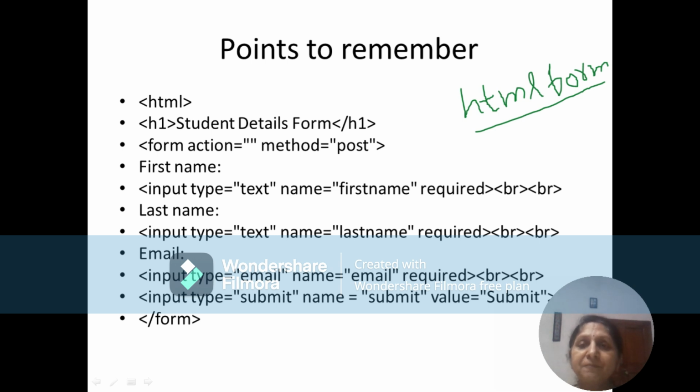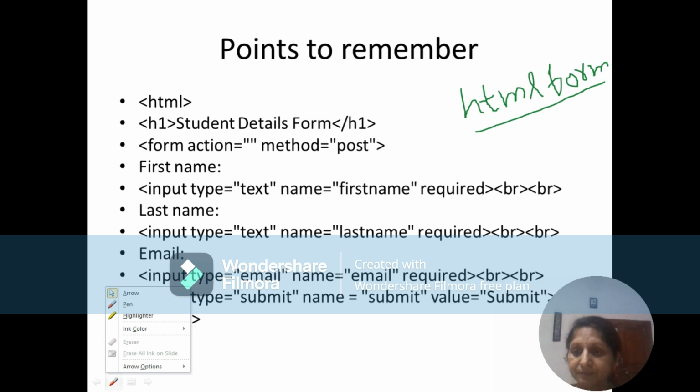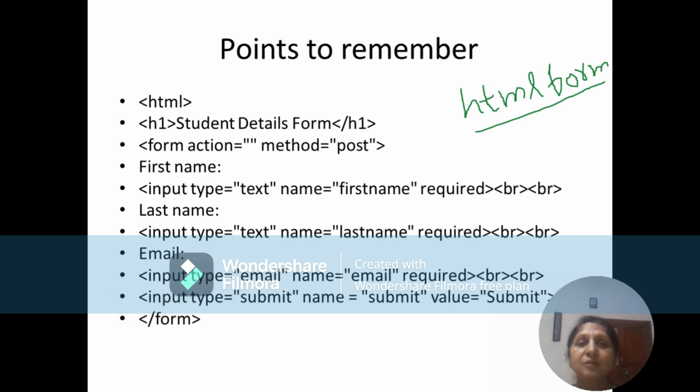Okay. Now the first thing that you should concentrate on is your HTML form. I'll just take the pen. So the first thing that you are going to concentrate on is your HTML form. So where is this HTML form? It's there in our ninth program, and in our ninth program, we start with this form. What is the purpose of this form? The purpose of this form is to accept the input from the users.